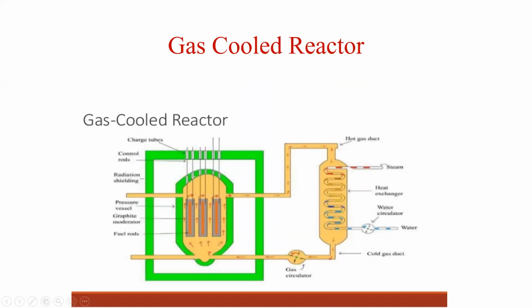Whatever neutrons do not take part in the reaction are absorbed by the reflector, which is present here. After that comes the pressure vessel, with graphite as a moderator. When your uranium is hit by a neutron, a chain reaction forms, and you can maintain the temperature at a high degree Celsius because we use graphite as a moderator. This heat is removed from this point and passed to the steam generator, or heat exchanger. The steam passes through this heat exchanger, and after that it passes to the steam turbine.